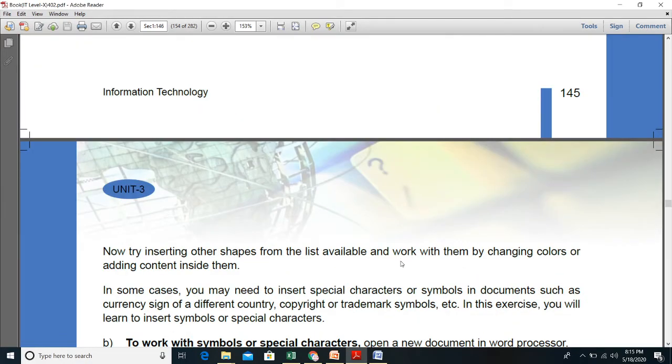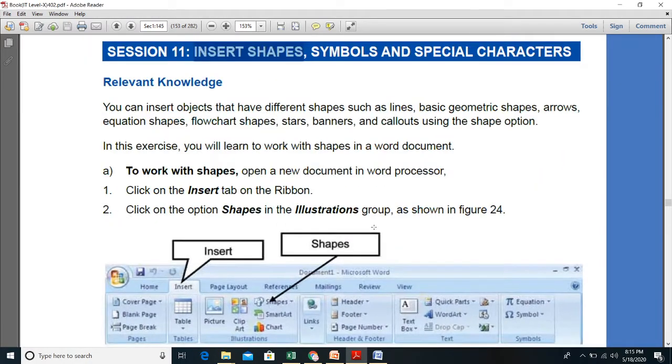You can see here. This is NCERT book. This is session 11. In class 10 information technology NCERT book session 11. If you use any reference book, अगर कोई आप प्राइवेट पब्लिशर्स की बुक यूज़ करते हैं फॉर इंफॉर्मेशन टेक्नोलॉजी तो हो सकता है सेशन आगे पीछे हो जाए. In my book it is given session 10, but in NCERT it is given session 11. So there is no problem.